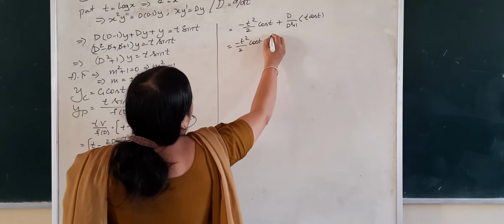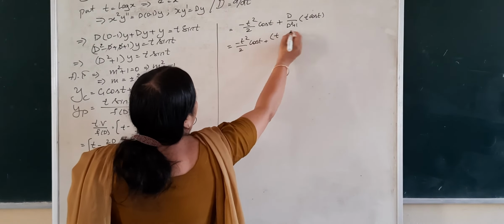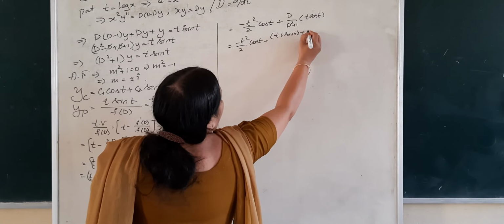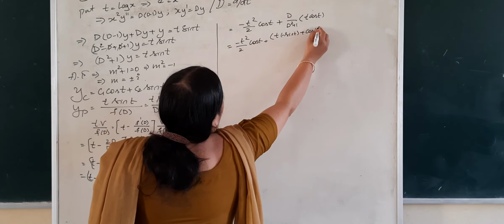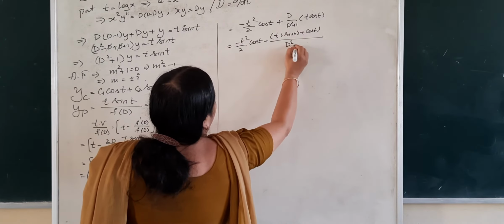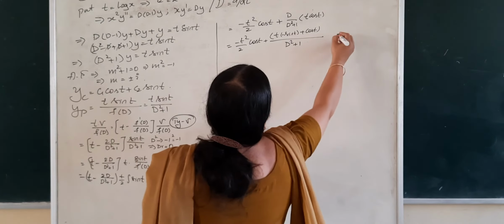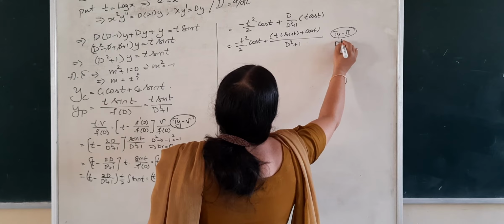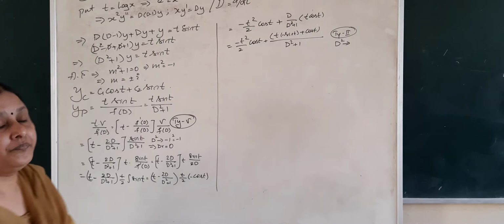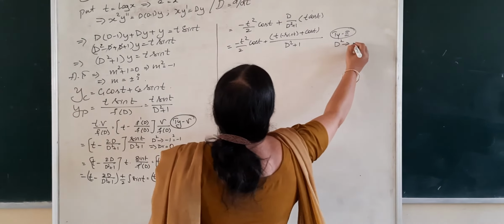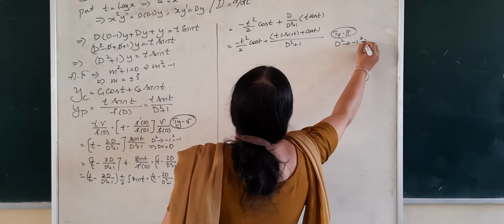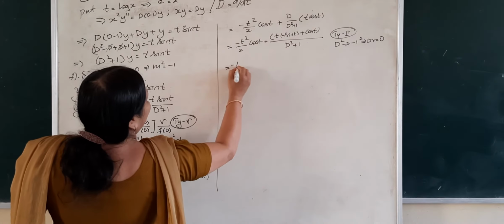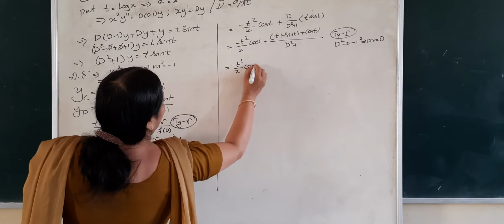Derivative of t cos t, the product of two functions. So first function derivative of cos is minus sin t plus cos t as it is, derivative of t is just 1, whole divided by d square plus 1, and you can apply parallelly the type 2 here. Type 2, that means d square is supposed to be replaced by minus a square, that is minus 1 square. This implies our denominator is going to be 0 again.